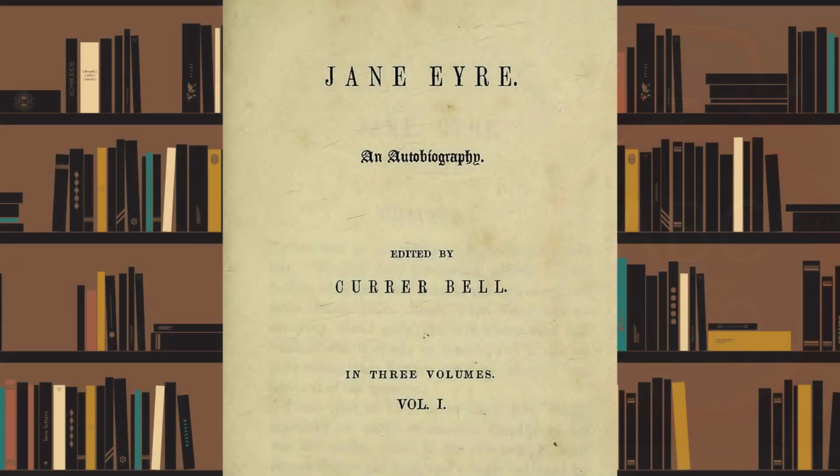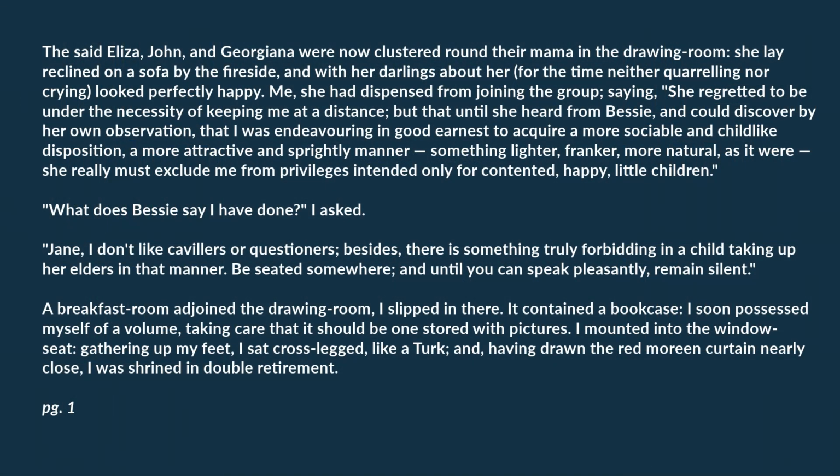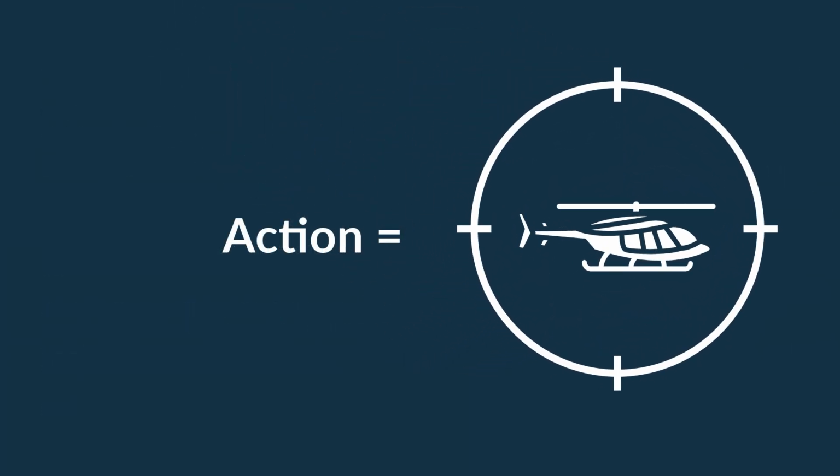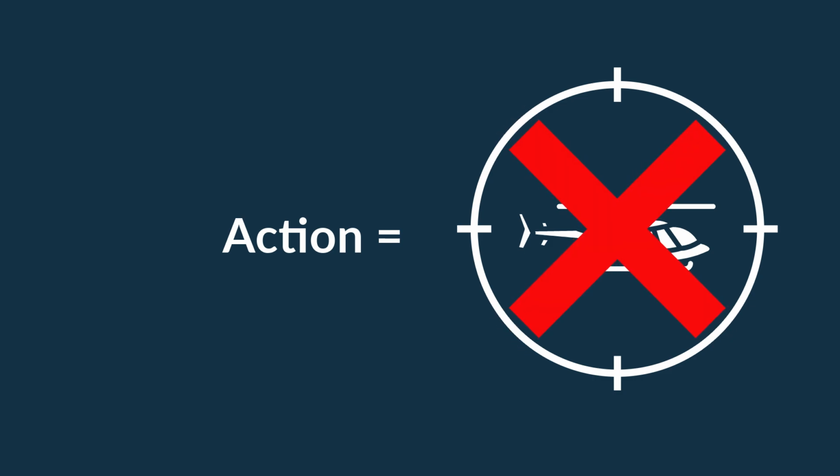Jane Eyre begins with action. Within the first few pages, Bronte sets up a conflict with Mrs. Reed, which provides an insight into Jane's independence, which drives her throughout the novel. Don't assume that action means guns and helicopters. Action is whatever moves the prose along. Conflict and action are the crux of pace. And it is pace which keeps the reader reading.